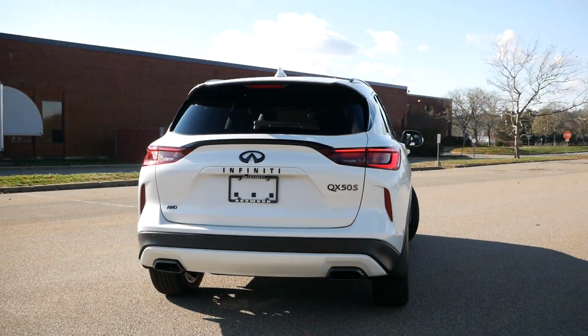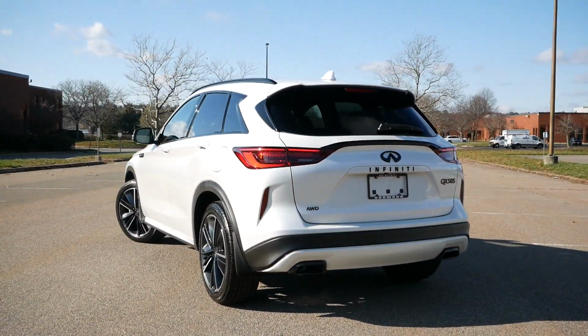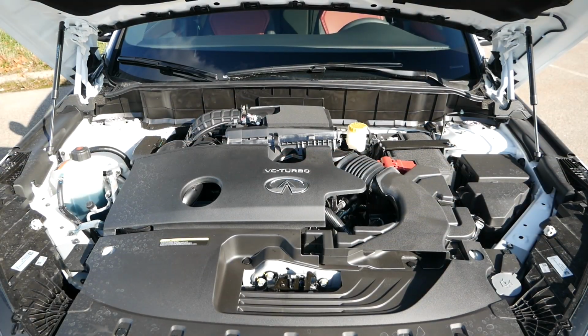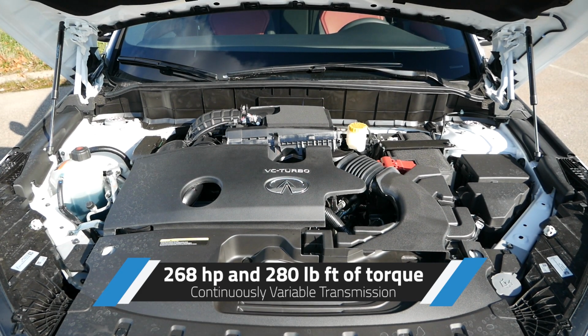And whether it be anecdotal or not, the presence of sportier aesthetics does go a long way in reviving the excitement for Infiniti's smallest crossover. Under the hood, the Infiniti QX50 Sport is powered by a 2-liter turbocharged 4-cylinder engine that produces 268 horsepower and 280 pound-feet of torque, and is paired with a CVT, which is the only crossover that utilizes this transmission rather